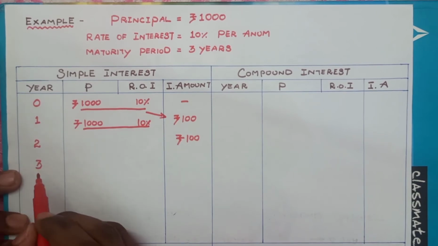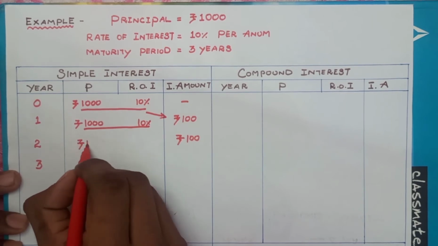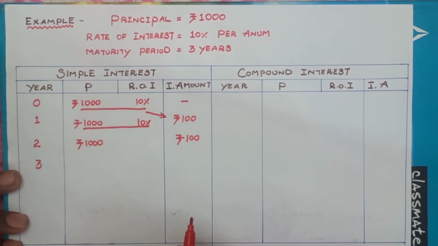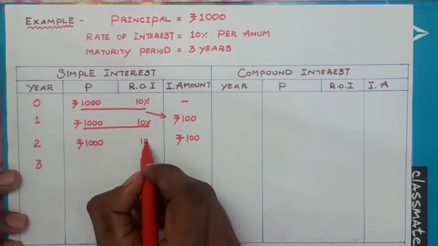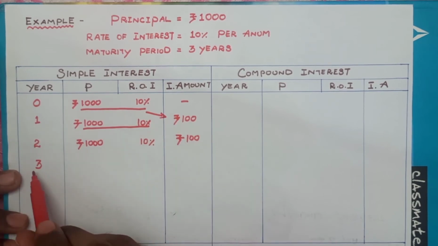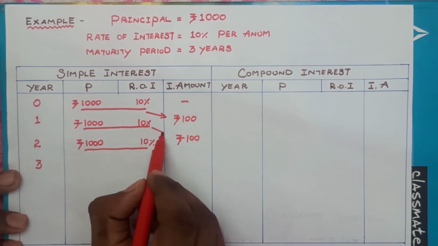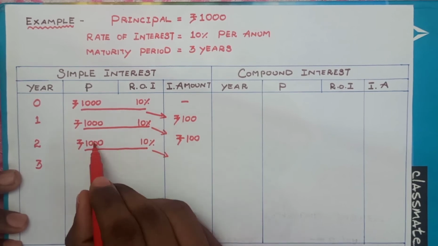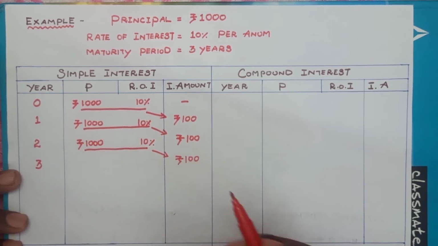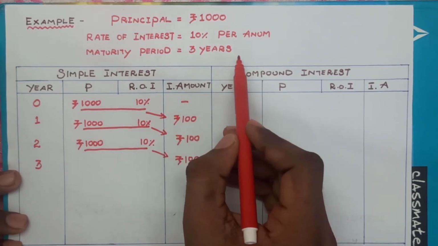So we enter into the third year, that is the completion of 3 years. And I have told you your principal can't be changed at any completion of years in a simple interest scheme. That is the same 10%. If you want to calculate the interest amount after completion of 3 years, the calculation is based on the previous year principal, 10% of 1,000, and you will get the same ₹100. And this process goes on continuously until you reach your maturity period. So we have stopped here because we reach the maturity period. There is 3 years of maturity.